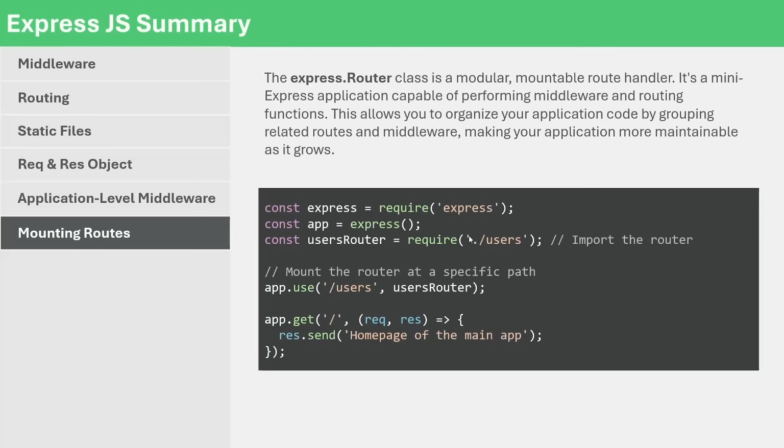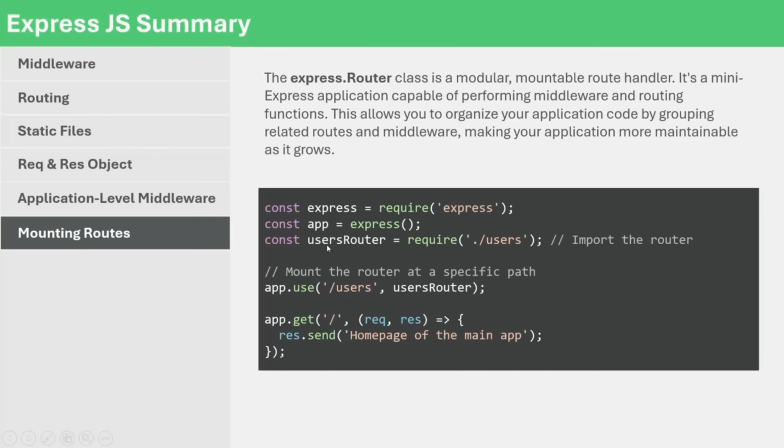Finally, we also talked about mounting routes. For mounting a route, what we do is we create an instance of the router class. So we access this router class on this Express object, and it returns us a router object. On that router object, we can define some routes. So for example, let's say I'm creating and mounting routes for the users endpoint. So I have created a user router, and on that I have defined different endpoints for get, post, put, and delete requests. Now, in order to mount that router, what we are doing is in the app.js file,